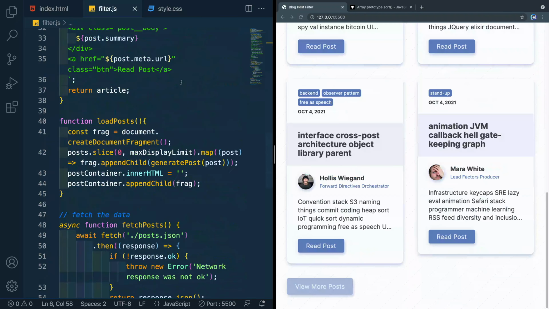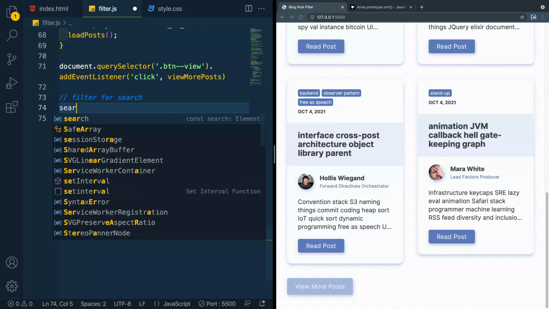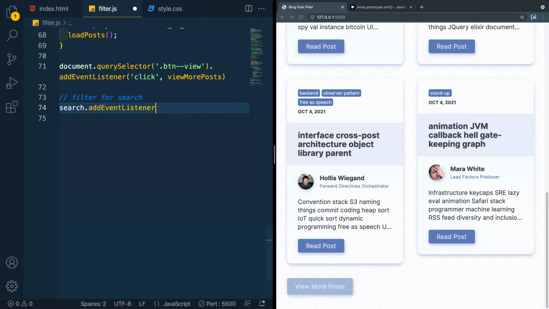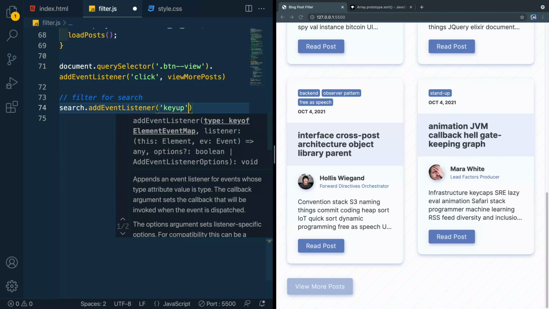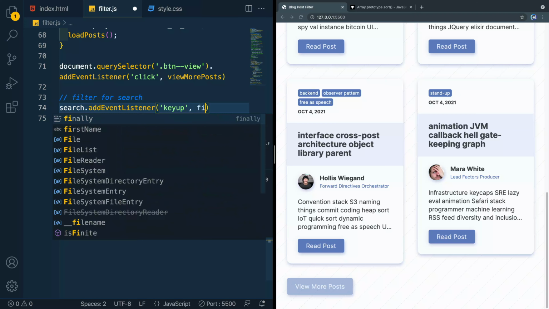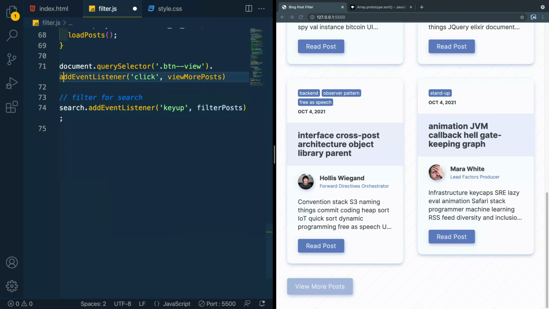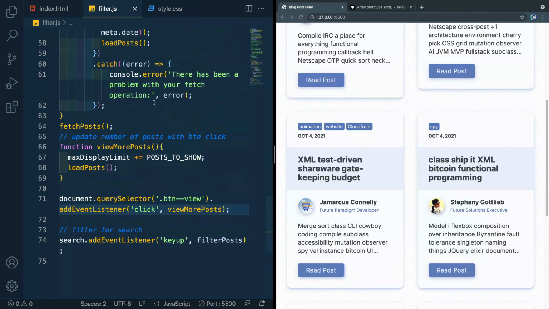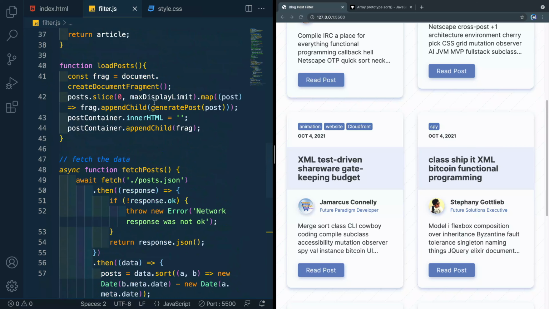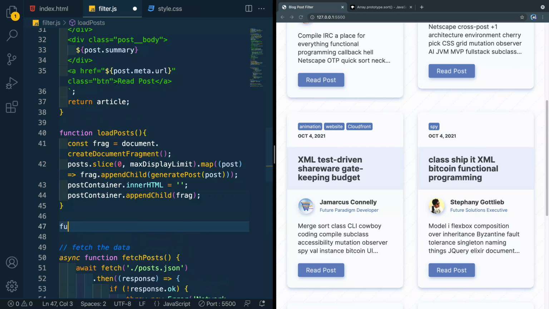And let's use that down below here to write a little event listener. So we'll say search add event listener. We're going to listen for a keyup on that field. So anytime somebody presses a key and releases it, we're going to pass it to something called filter posts. And let's do that. Okay, and let's come up here and write that. I'm going to just go ahead and write it above the fetch here, load posts. Let's do it right here. Okay, so function